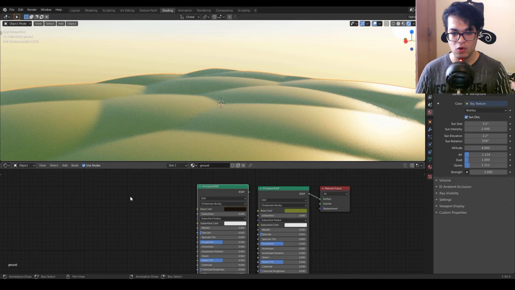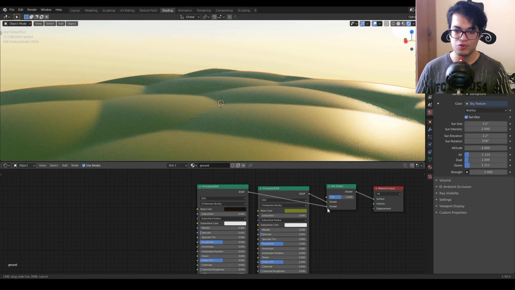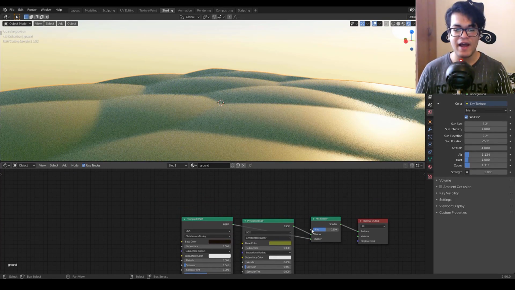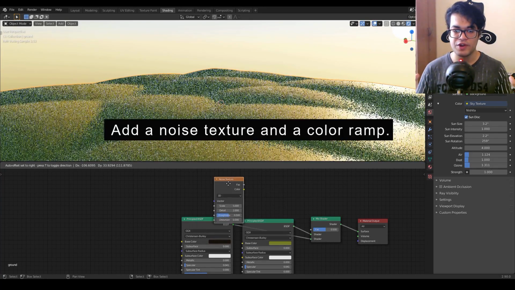Now after we have changed all these colors, we need to add a Mix shader. So Shift A, under the shaders, a Mix shader. And we need to mix these two shaders. And the factor will be the noise texture. So the noise texture will control how these two shaders are mixed.